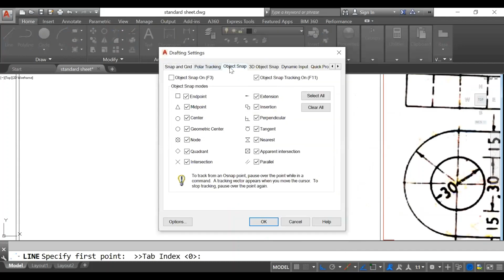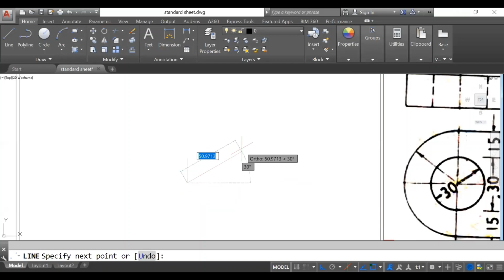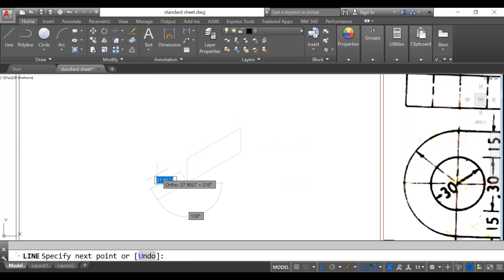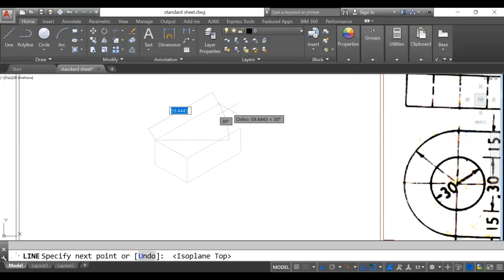Just remember, snap setting, object snap should be on here, otherwise it will not pick up the points. Then here 50 mm, and the height is 20 mm. I'm just showing a small example, not solving it. Then on this side Control E, let us take a width of 30 mm, then the height 20. According to that you have to change it. We have taken 50 mm, right? Likewise we have to prepare the block.